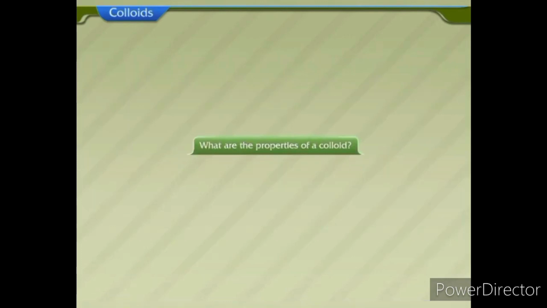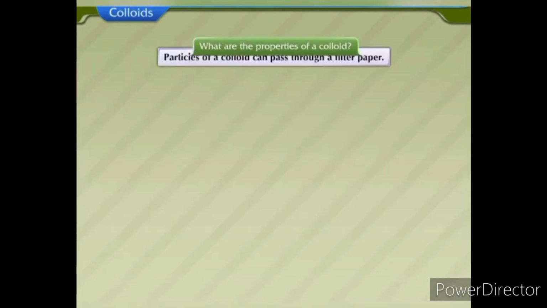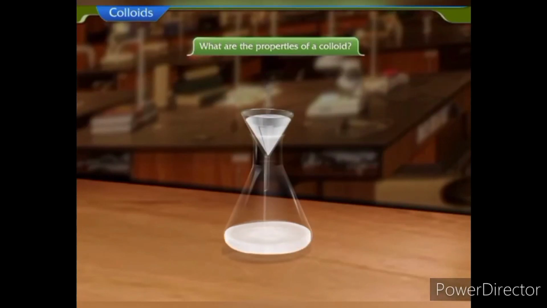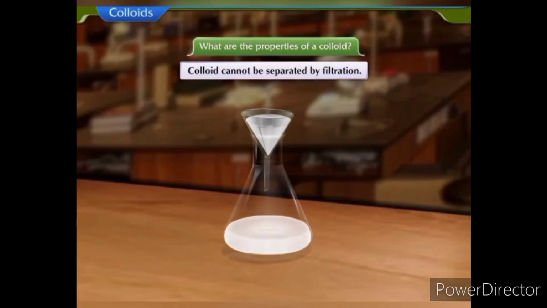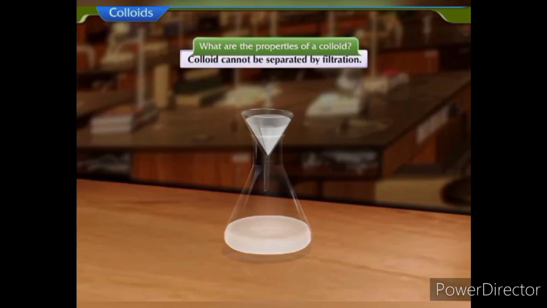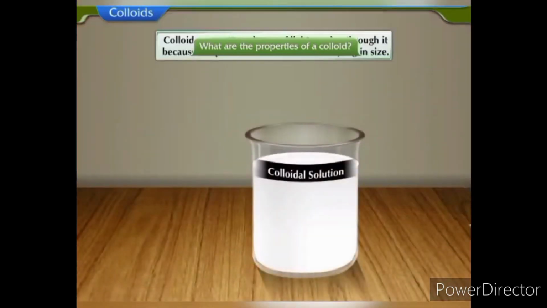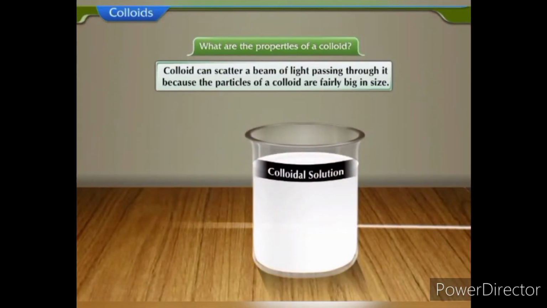What are the properties of a colloid? The particles of a colloid can pass through a filter paper. So, a colloid cannot be separated by filtration. Colloids are quite stable. The particles of a colloid do not separate out on keeping. A colloid can scatter a beam of light passing through it because the particles of a colloid are fairly big